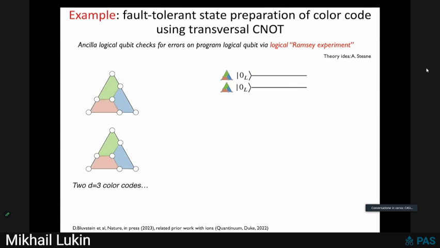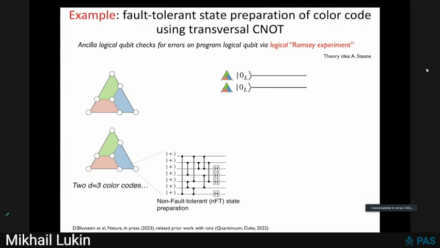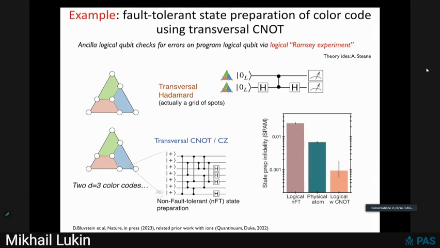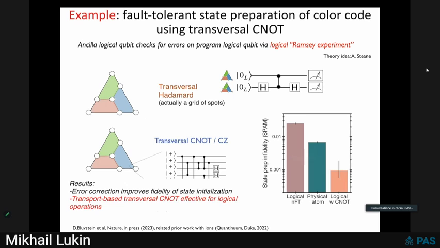The second example is a fault-tolerant preparation of the states. So in the previous example, our preparation was not fault-tolerant. But here we can use the ideas proposed by Andrew Steane, sometimes called Steane error correction, where you prepare two codes non-fault-tolerantly, and then just do a gate between them. It's kind of like a logical Ramsey experiment, if you want, and then measure the one qubit. And if this one qubit is in 0, you are guaranteed the second one should be in 0 with high probability. And in this case, we see that this preparation performs extremely well. So it actually will break even.